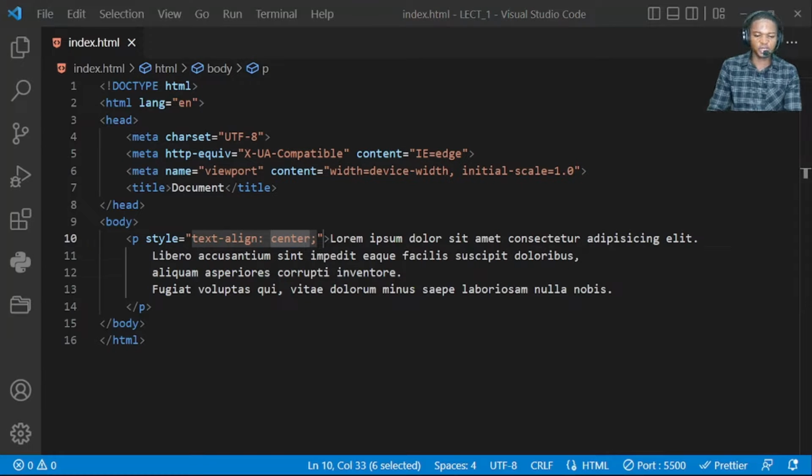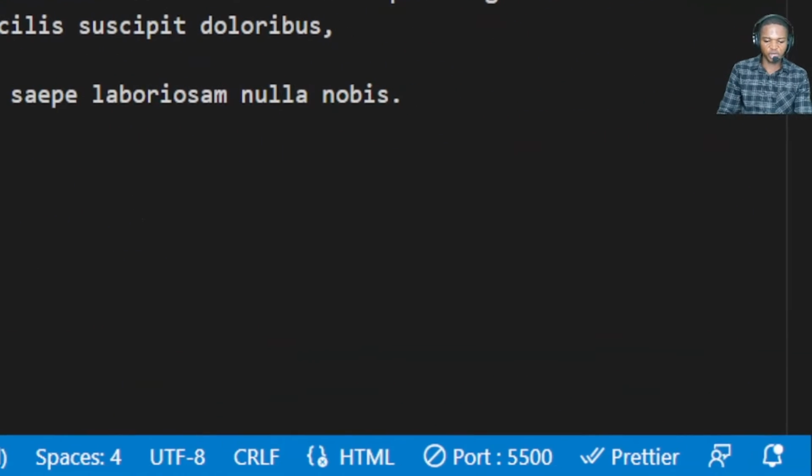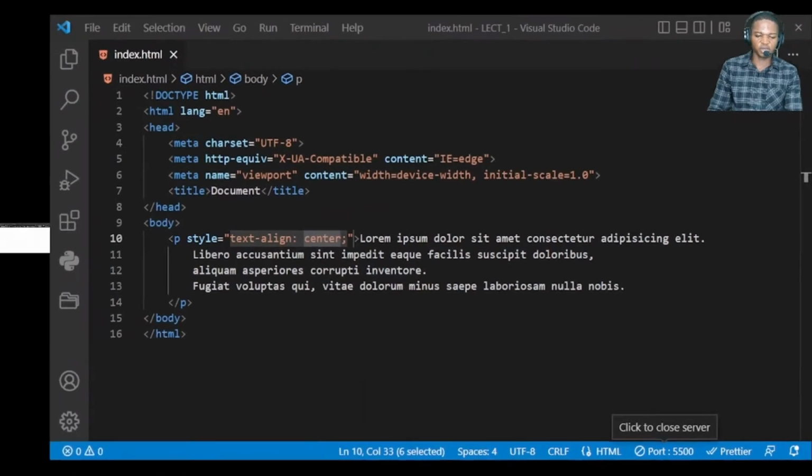And so what we do here is we go to our browser, and you need to remember that you have the go live button at the bottom right of your screen right there. This button here is where the go live button is. Now my go live button is already clicked, and that's the reason you see it shows the port number 550. Okay, back to that. We're going to the browser, and we will see that we got that